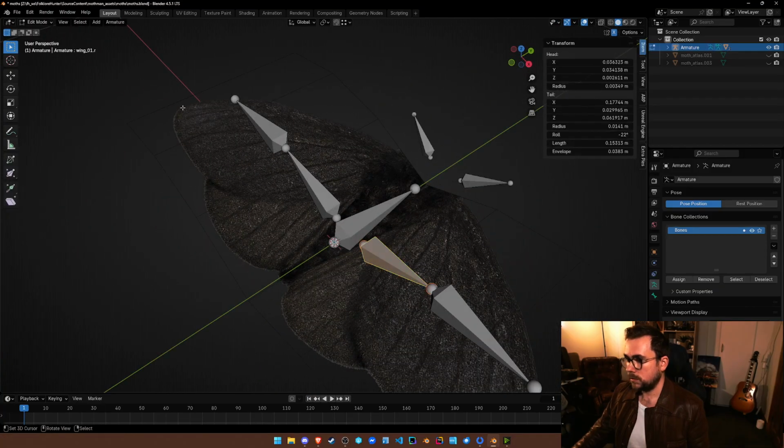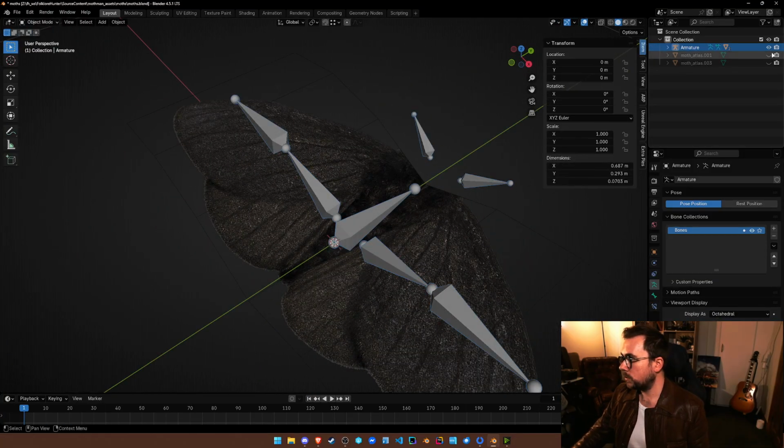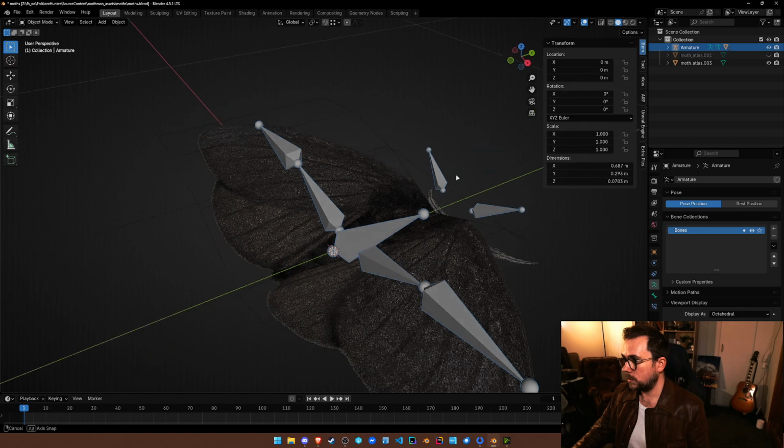Fixed. So come back to object mode and we